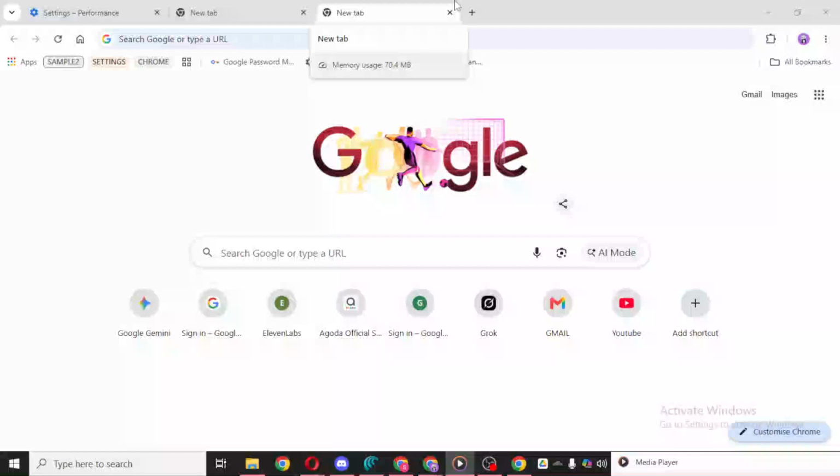In today's video, I'm going to teach you how to fix the Google Chrome white screen error. If Chrome is opening to a blank white screen and not loading properly, don't worry. This is a common issue, and in many cases, it can be fixed quickly by resetting Chrome's settings. This method is simple, and it can help resolve problems caused by incorrect browser settings, temporary glitches, or changes that may be interfering with how Chrome starts up.